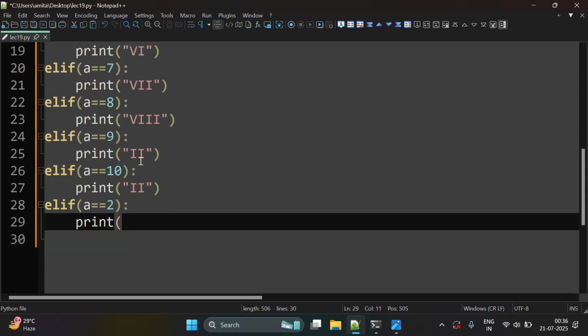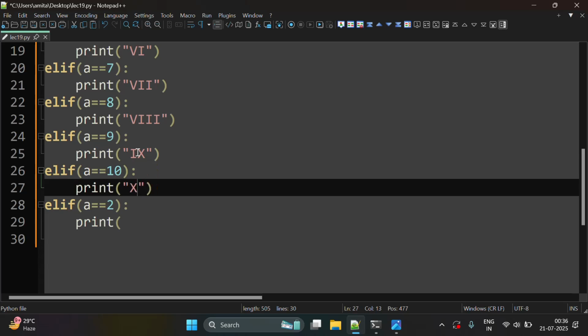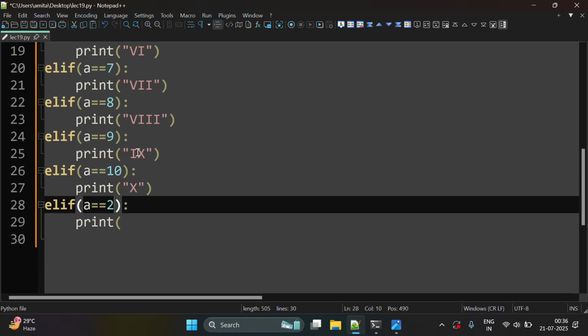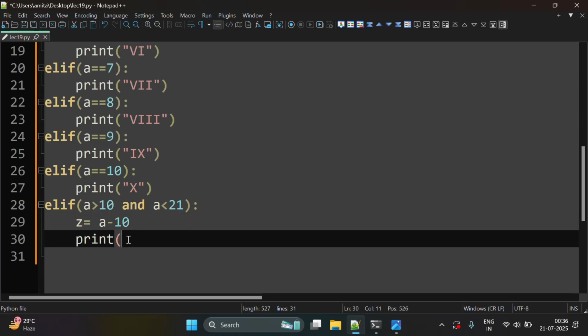And this is 9, so we will write like this. And this one is 10. 10 is X. And then we will write the condition if a is greater than 10 and a is smaller than 21. Then we will take another variable z, which is a minus 10. So a will be the input by the user, which is between 10 and 21. Let's say for example 20. So if a is 20, then z's value will be 10, and then we will print X,